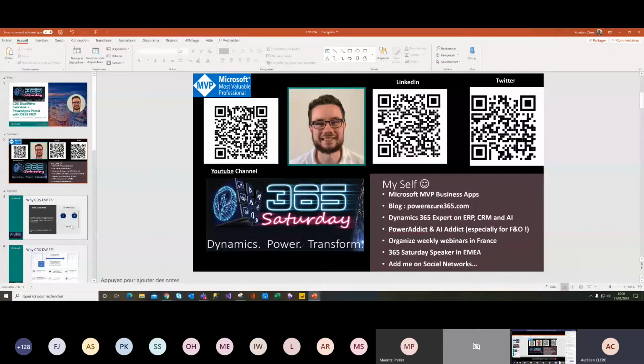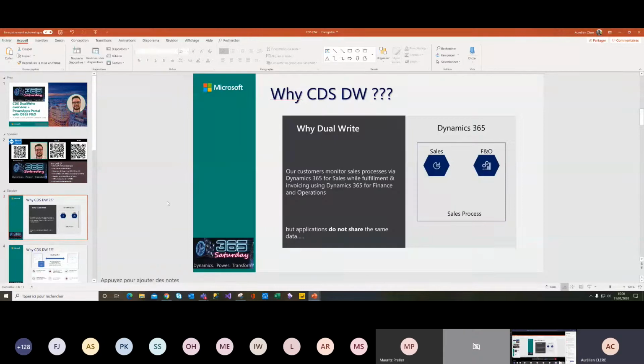Okay, so let's go directly to why the CDS dual write. Good question. I don't know how many customers in the world use both finance operation and sales at the moment, but with the new ecosystem of business applications, customers can now buy only one application, only sales, or only customer service, or only finance operation, or both, or every application if they want the whole ecosystem.